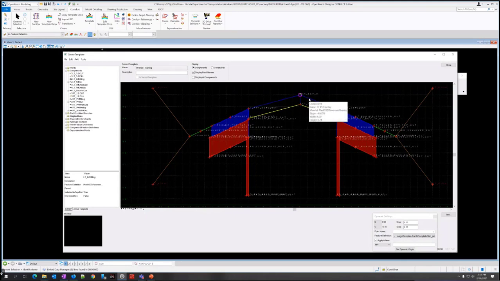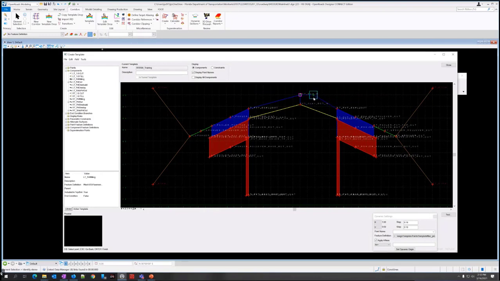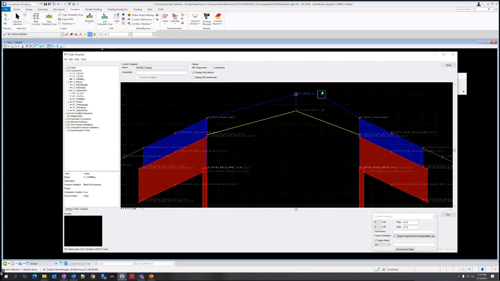So let's say we want a slope break here in the milling. So what I can do is right click on here. And in about the middle of this menu, there's an option for inserting a point. So I right clicked on the line right here, so you can insert a point anywhere. Well, I was inserting it right where I right clicked actually. So I'm going to just store it in here. And don't worry about snapping exactly because this is set to point. Because this step is set to 0.1, so it's still jumping by 1/10 of a foot. So don't worry about that.